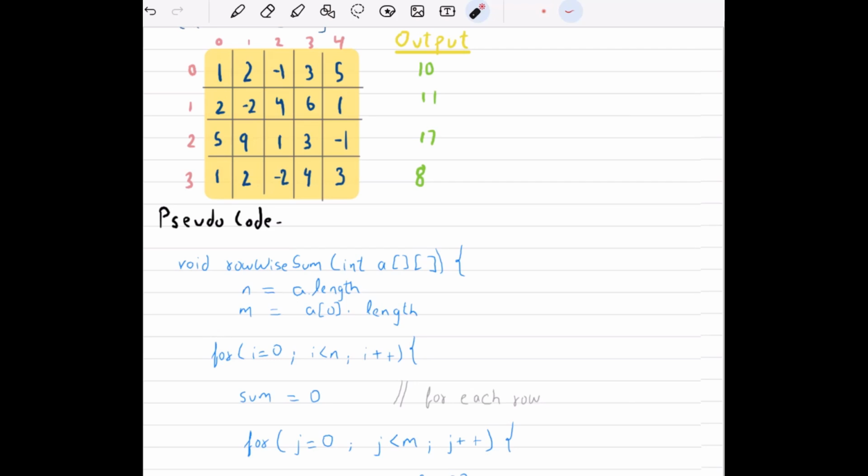So if you have to get the sum of elements for each row, we have to iterate the elements for each row. You can see a loop here which starts with i equals 0 and goes on to i less than n, and we are incrementing the value of i. And there is a sum variable which starts from 0 for each